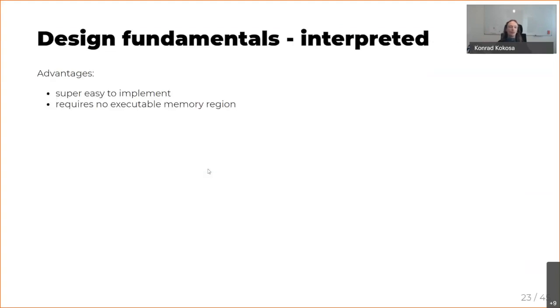So there are still some advantages, like it is super easy to implement. You are just implementing opcode by opcode, the reaction to every opcode. And an even bigger advantage, it requires no executable memory region. You can just take memory, read from it, and do some actions based on it. You don't need to emit any native code.